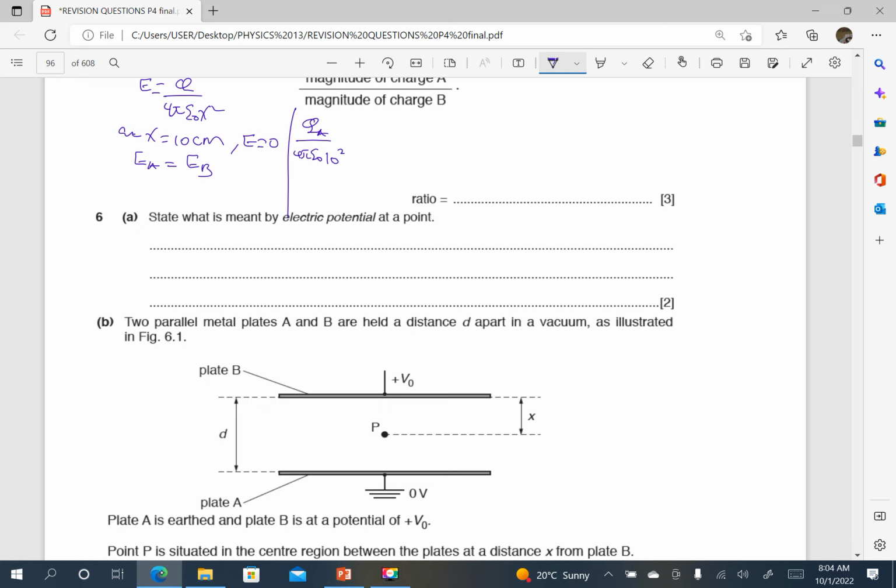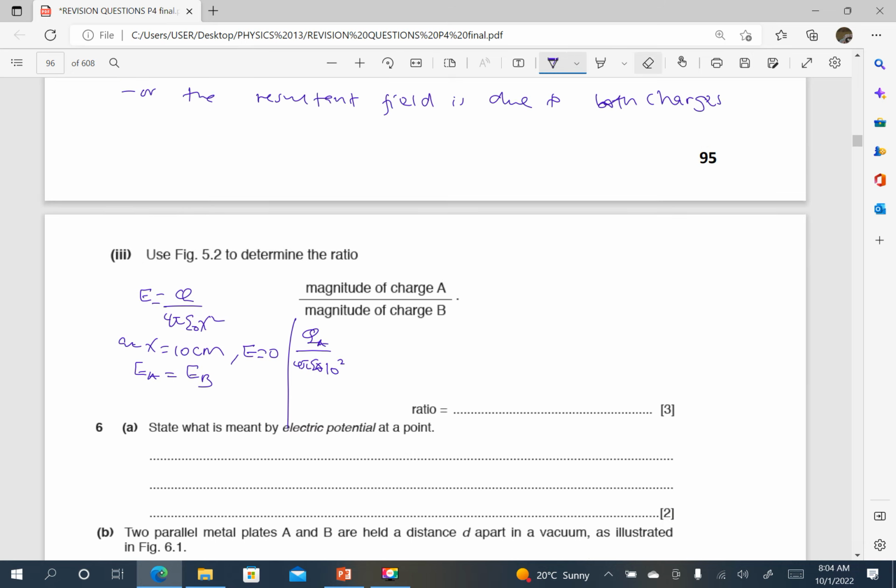So that is times 10 centimeters squared. This is 4 pi epsilon naught times 10 squared, which should be equal to Q at B, which is over